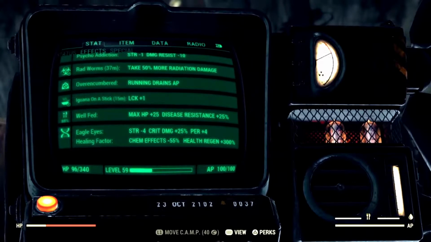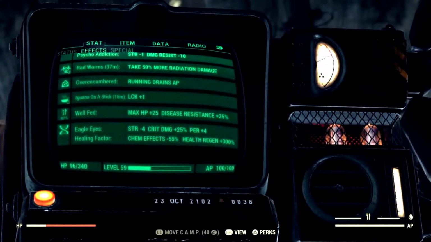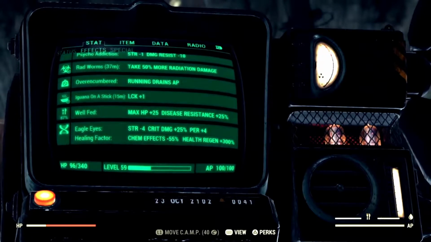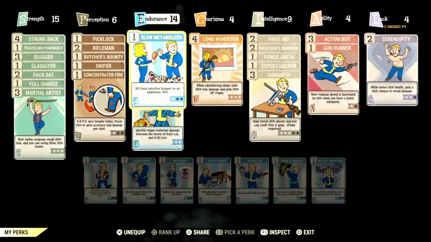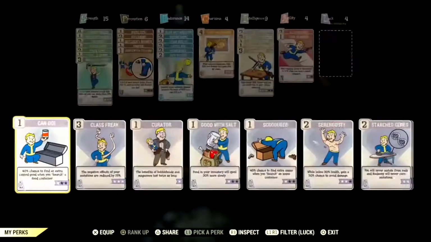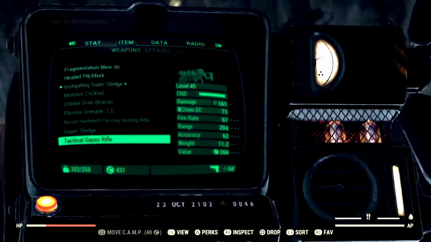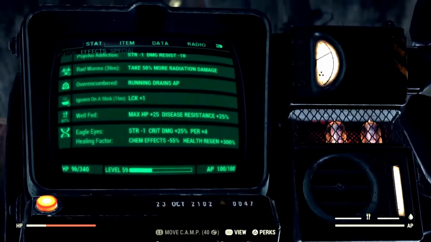I have Healing Factor. And this is where you can really see it. If you look at this, it says the chem effects is negative 55%. If I go back to my perks card and equip this card here, I have to take this one off. So this is where this card right here comes in really handy, because if you equip that, now if I go back here, you're gonna see...